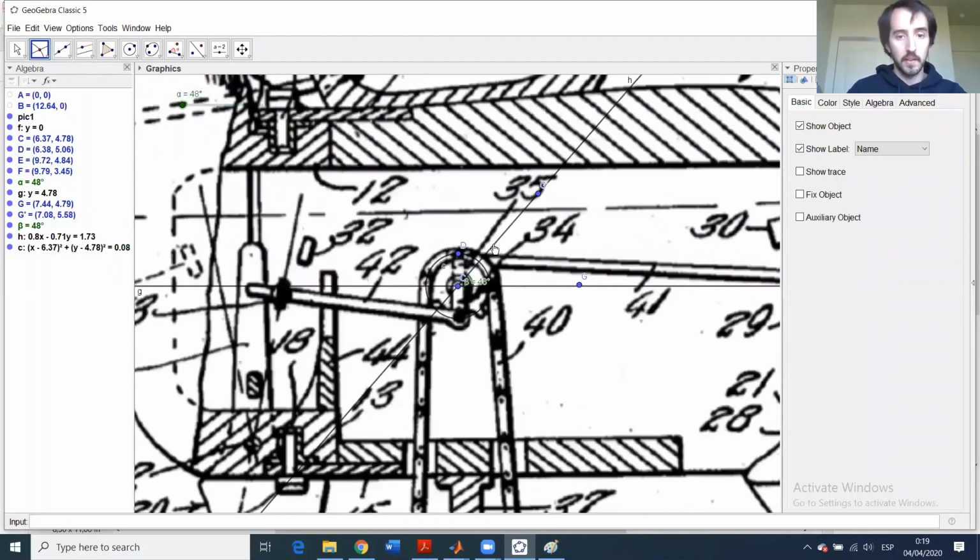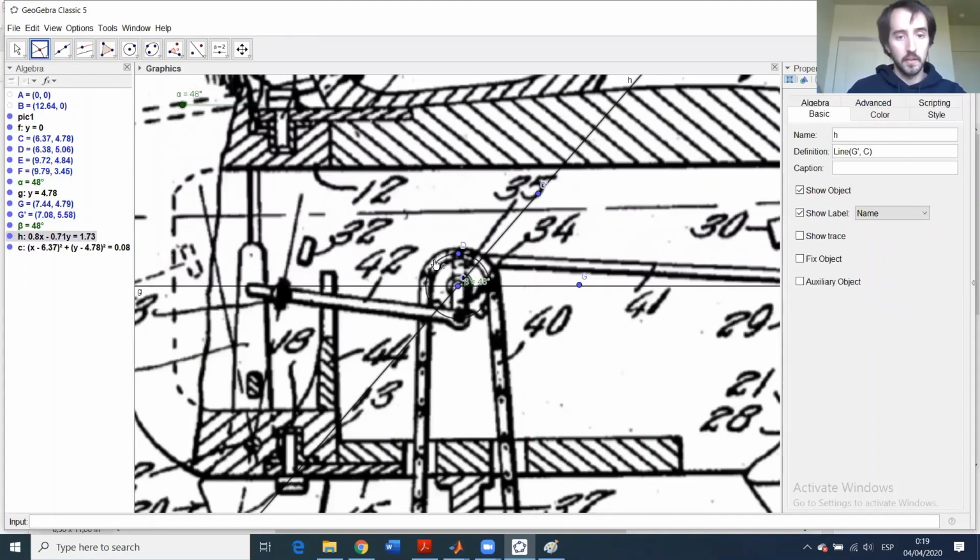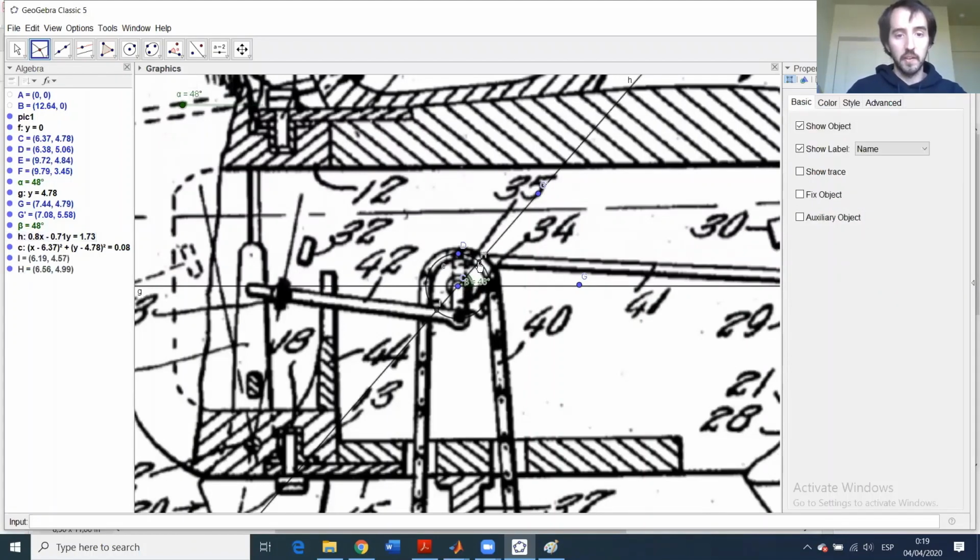So we select the line, we select the circle, and we have seen that we have created the intersection of this line and this circle. Also this point, but we won't need this point. In fact, we will need it for the other part of the mechanism, but right now we don't need it. So we can hide it,